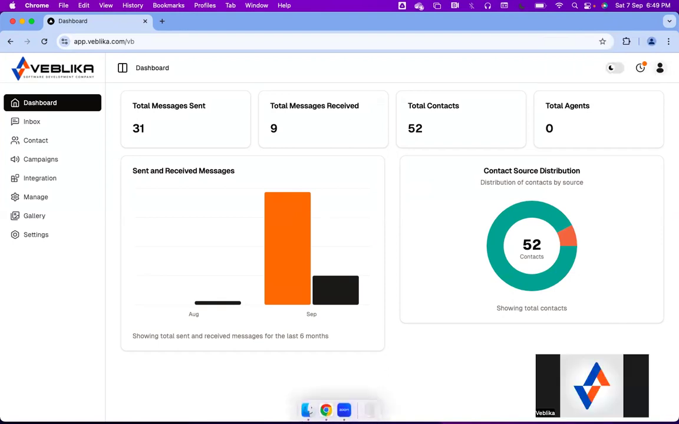If we talk about the CRM, you can see total messages sent 31, messages received 9, contacts 52, and agents 0. I will start from the bottom of the menu so we can understand what things we can do in this CRM. This is the settings page where you can